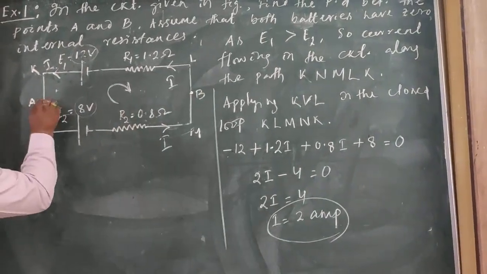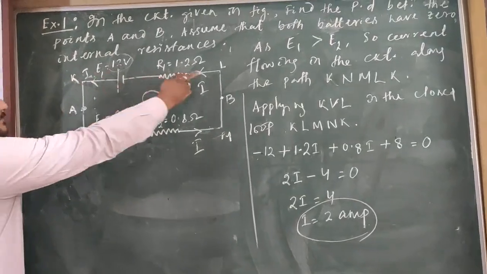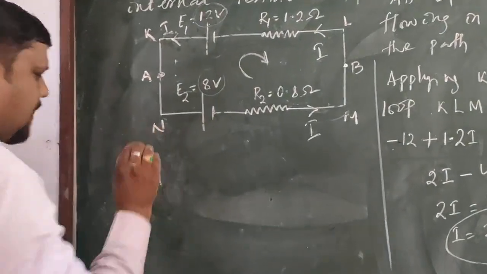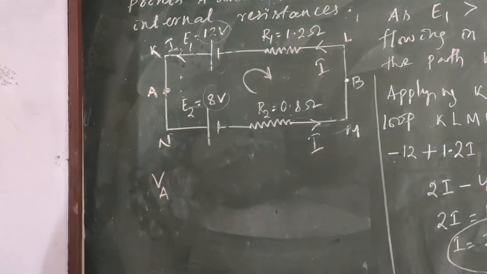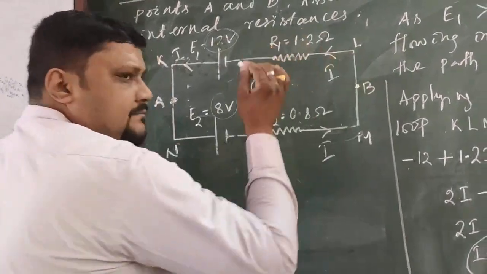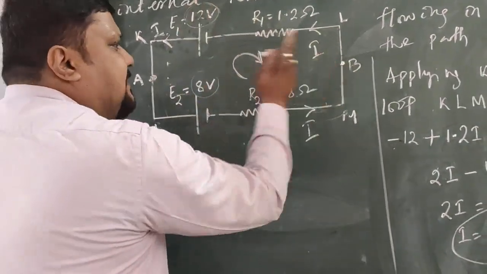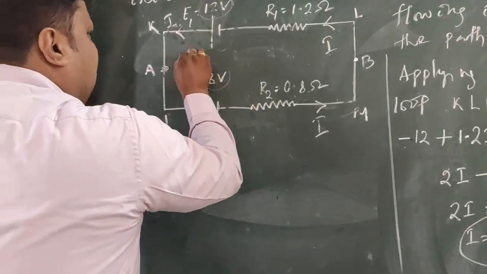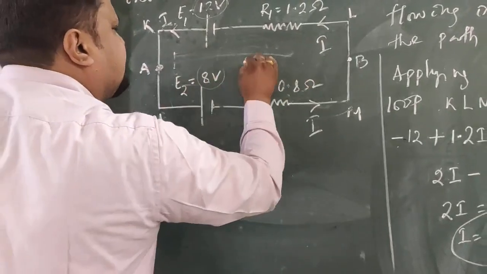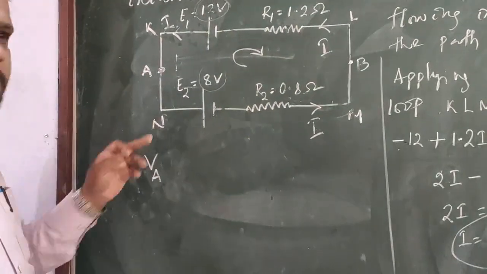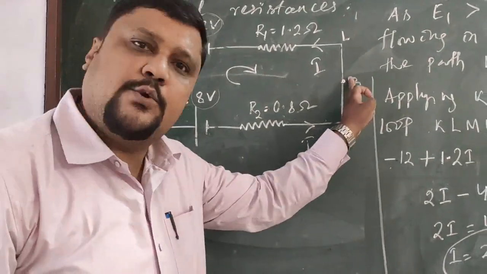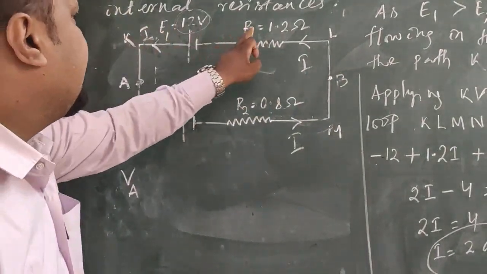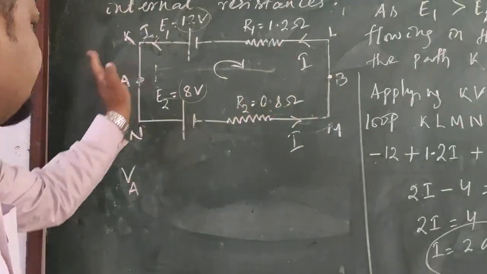So what I will do here, I will start from A. Let the potential at A be VA. From here I will go to B. Because the potential difference is between A and B, where the points are marked, you move along this path. So I will move along this path, A to B. I can also move along this other path, A to B. But let's take this path, A, K, L, B. Along this path, I am traversing.